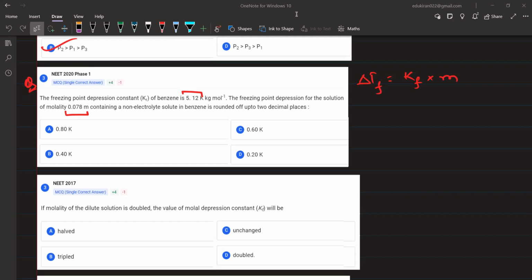Others, please answer, सिर्फ मल्टीप्लाई करना है KF और M को। फ्रीजिंग पॉइंट डिप्रेशन कांस्टेंट मल्टीप्लाइड बाय मोलालिटी, दोनों चीज दी हुई है। वेरी गुड, करेक्ट।